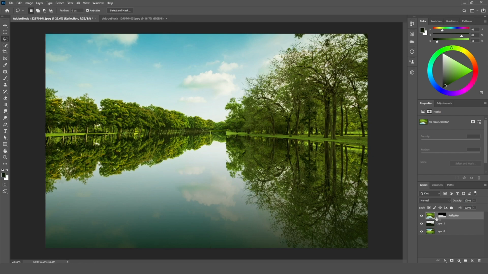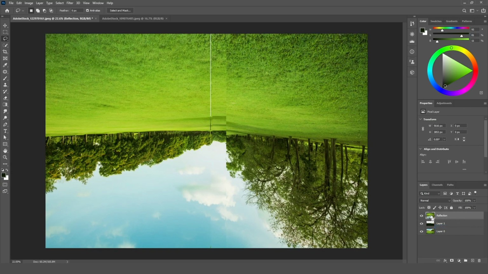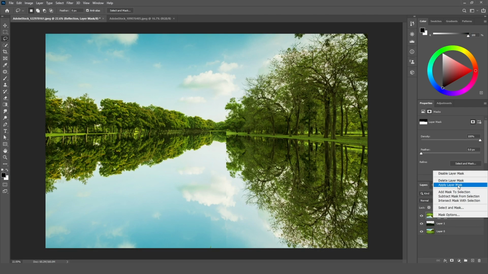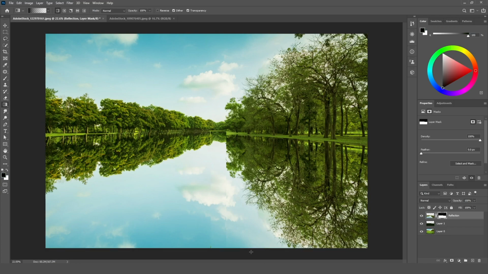So before we do anything else, I'm going to delete the mask, and I'm going to select this mask right here, and I'm going to apply it first. I forgot to apply my mask on the reflection layer. Be sure to apply it, and I'm going to add the mask again, and do the same